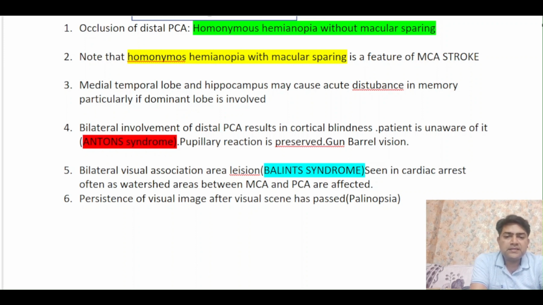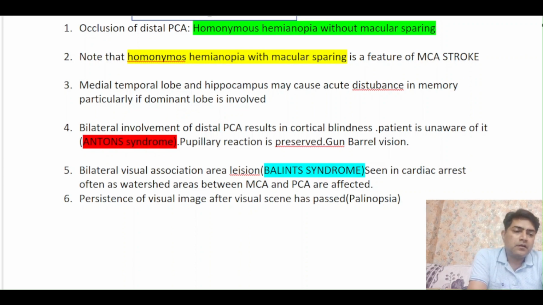Balint. What is Balint? Balint is a bilateral visual association area lesion. No, not the main visual area. It is the visual association area. Now, a visual association area lesion will lead to very interesting features like palinopsia. What is palinopsia? It is persistence of visual image after the visual scene has passed. Several minutes after the visual scene has passed, the patient will be seeing that image which he was seeing before. And this Balint syndrome is seen in the low flow ischemic stroke between the watershed areas of the MCA